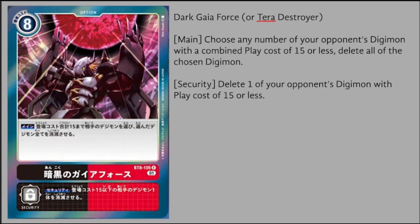So what this card is doing is it has the main ability where you get to choose any number of the opponent's Digimon with a combined play cost of 15 or less and delete all of the chosen Digimon. There's not a whole lot of Digimon that aren't a play cost of 15 or more, so the fact that this can basically delete almost any Digimon in the game makes it just as strong as Gaia Force, on top of the fact that it can also delete multiple different targets, which makes it slightly better than Gaia Force. But you do have to have both a red and a black Digimon on the field to use it